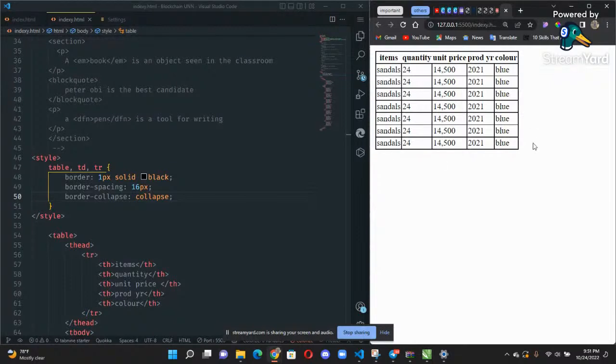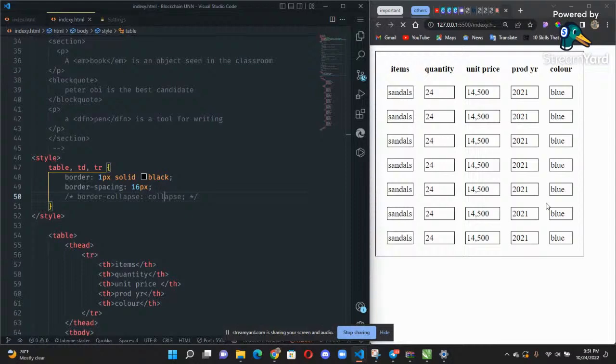But if I comment this out, the borders will come out now. We have a lot of styles in tables. We also have a lot of attributes, which include the weight, padding, hover, letter spacing, and separate. There are many, but because of time, maybe another day we can elaborate more on it.